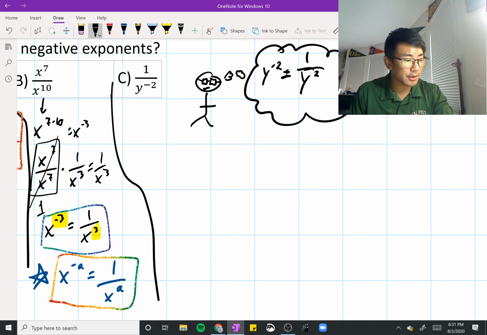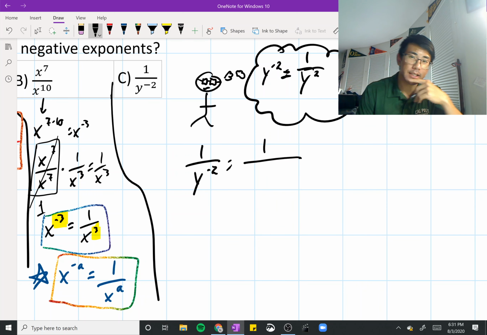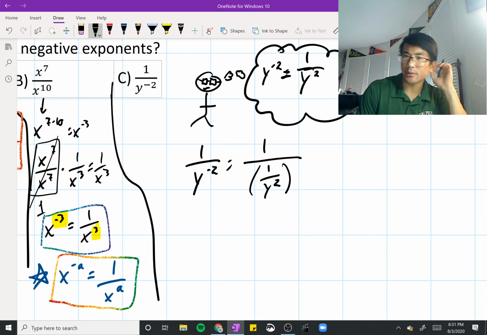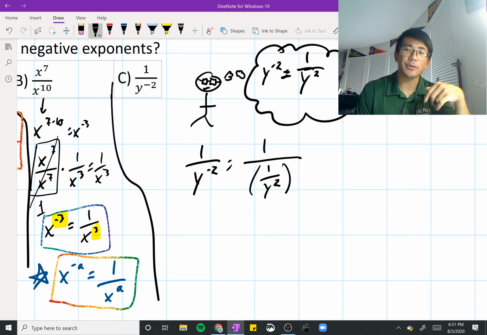And so really, 1 over y to the negative 2 is equal to 1 over, and this looks kind of funky, but there's a fraction itself in the denominator, 1 divided by this value. I'll put it in parentheses so we can keep track of what's going on. So 1 over y to the negative 2 is really 1 over